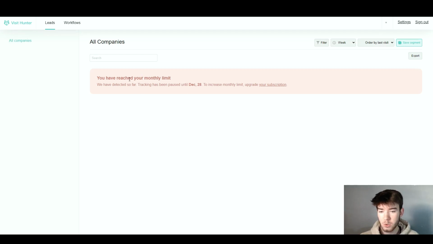It currently says you have reached your monthly limit for me because I was on the free trial, but for you guys it shouldn't say that if you want to go ahead and actually pay for this software. All the way here it has a filter section where you can filter by the week and order by last visit. And once you've done that, you can save the segment in the right